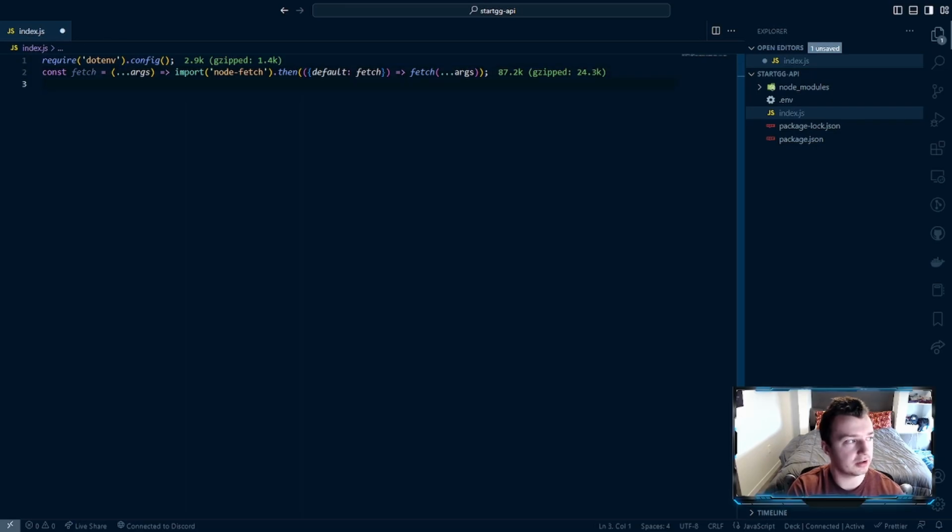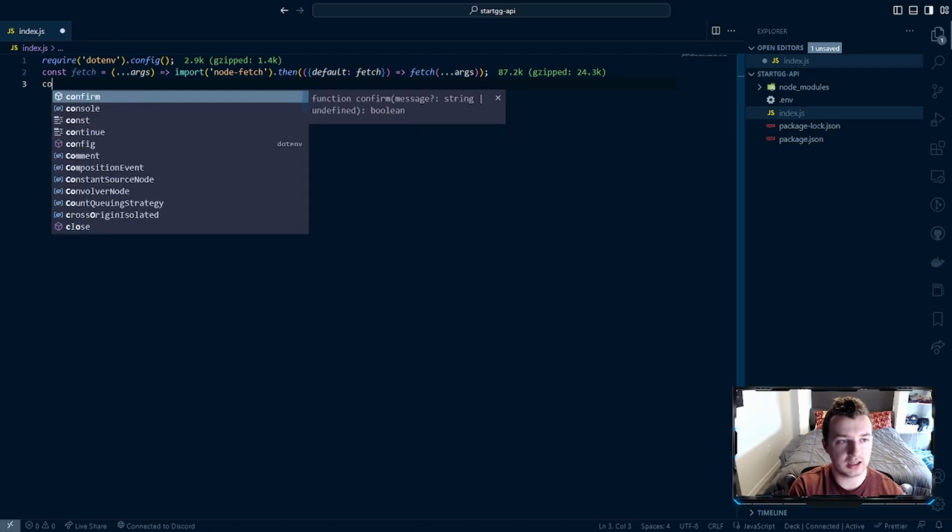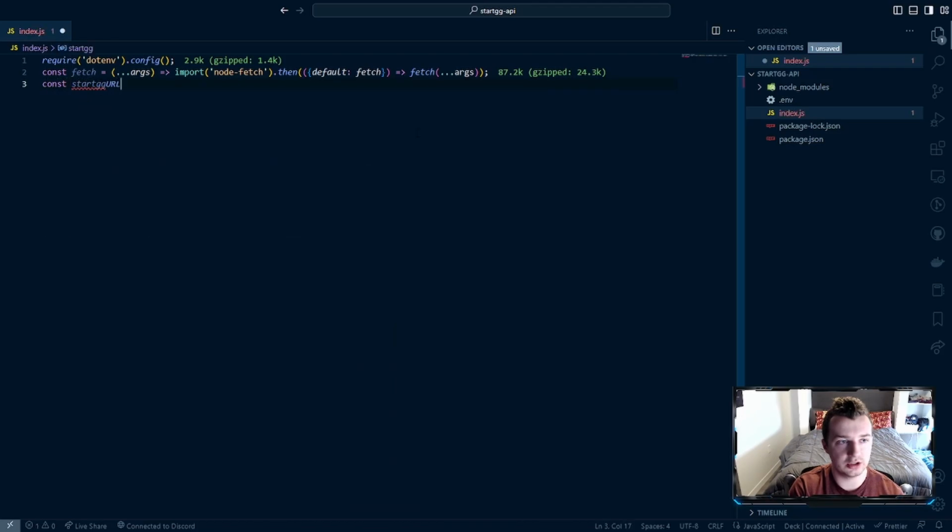What we're going to do here is const startGG URL. So now we're going to go ahead and copy this over from the API page. I want this as a string, and you can find this again right on the API documentation page. The last thing we can do, this is entirely optional for you, is const startGG key,